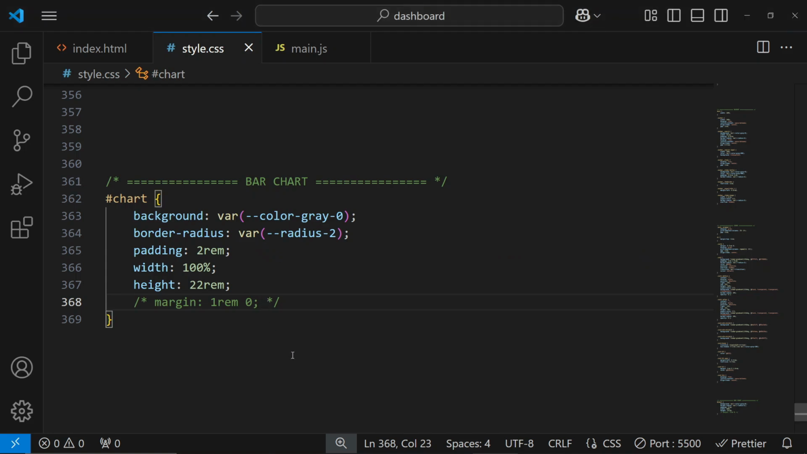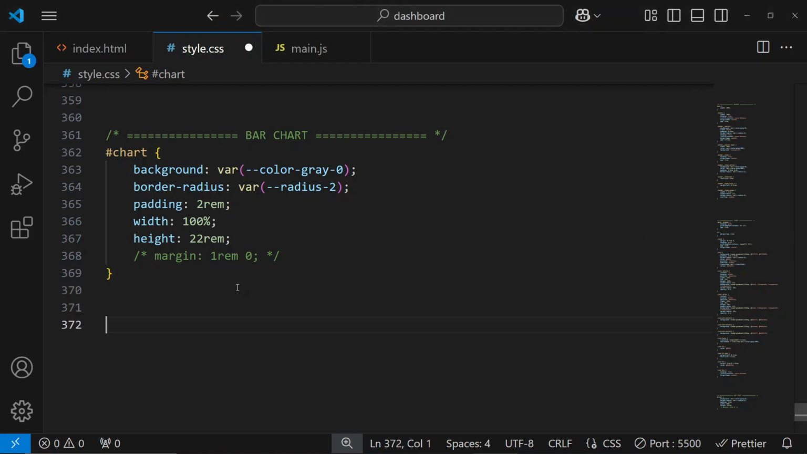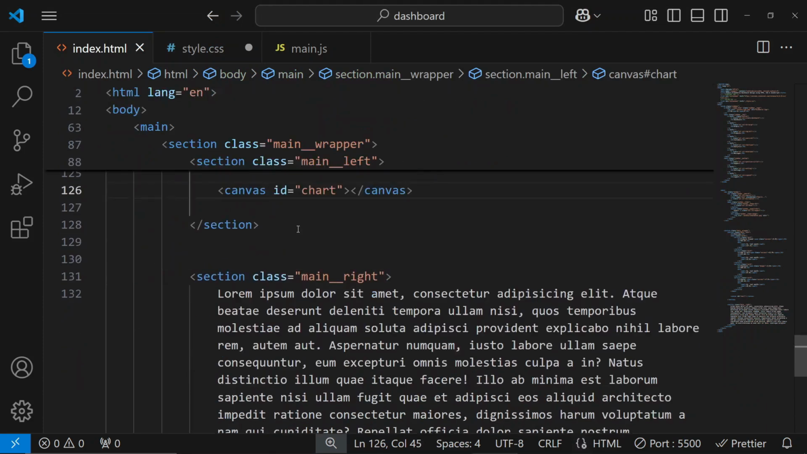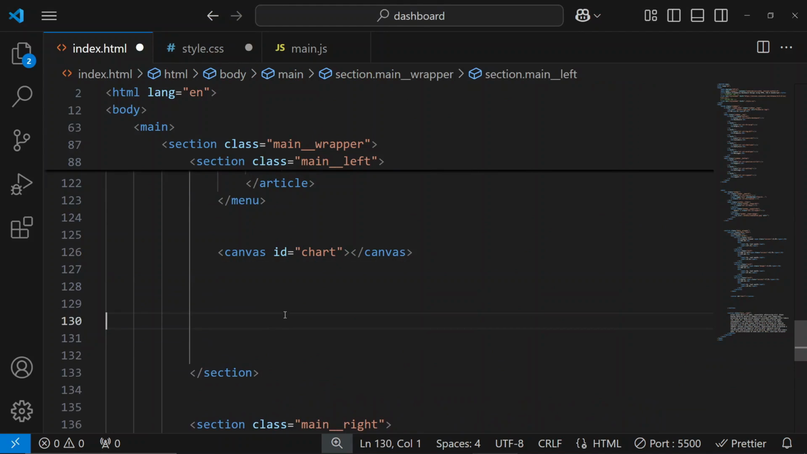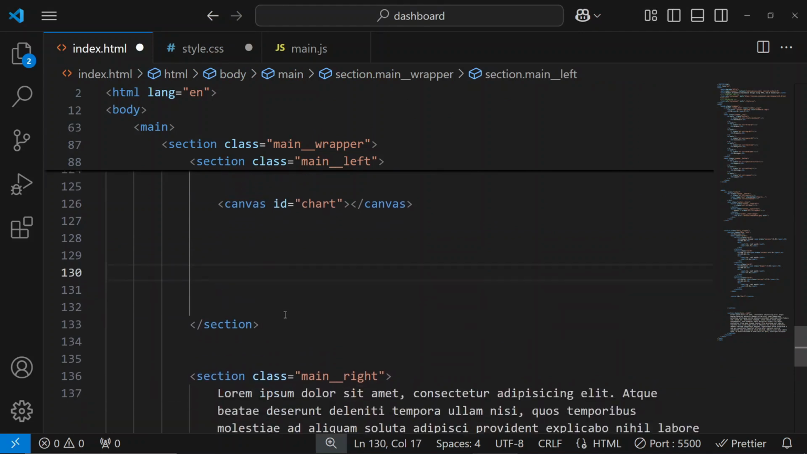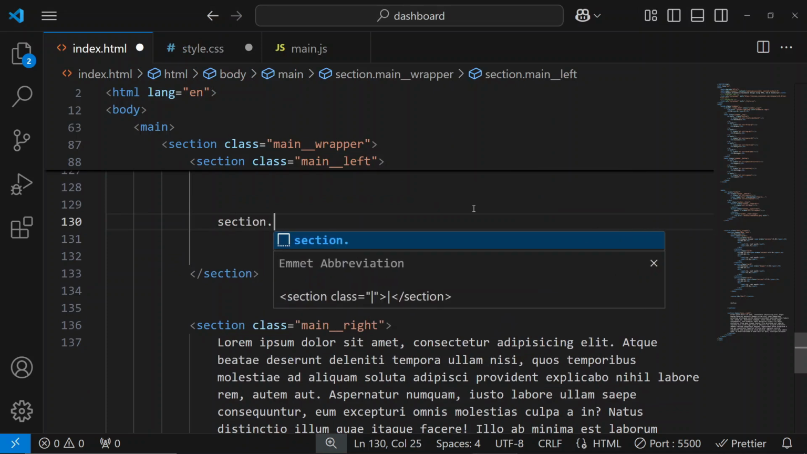All right, so let's move on to the top products. That is the table. So let's get back into the HTML. Right after the canvas, we are going to have our top products. I'll have this inside a section tag. I'll give it a class of top products,